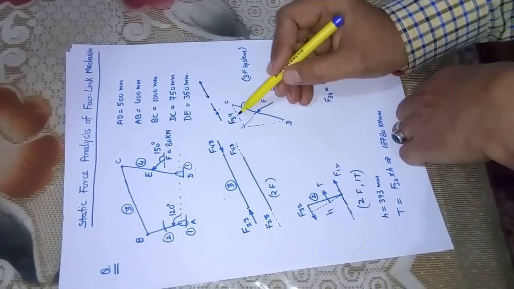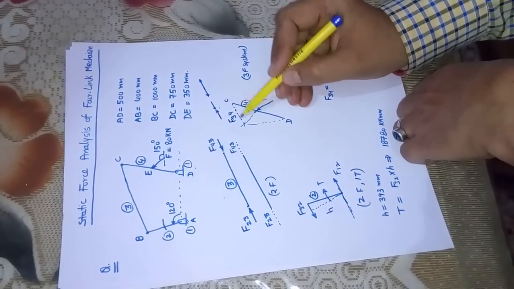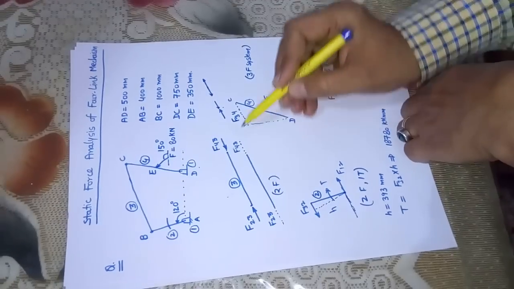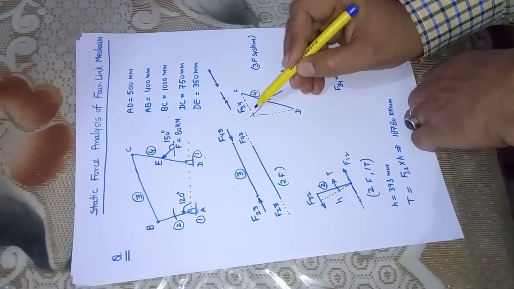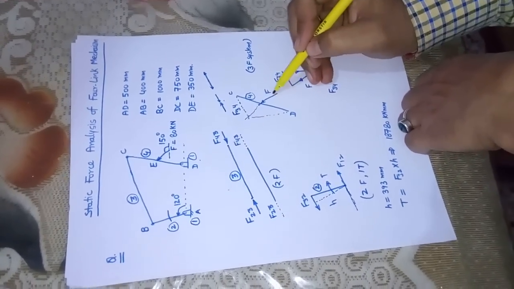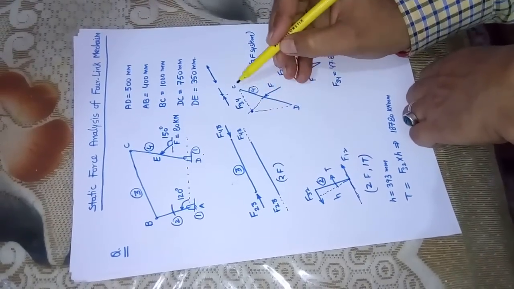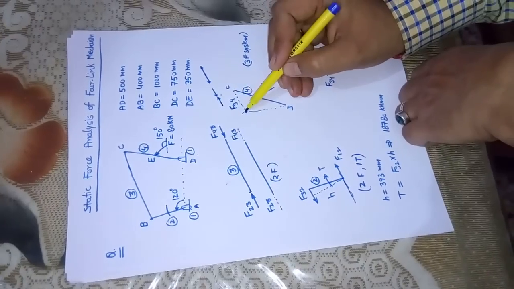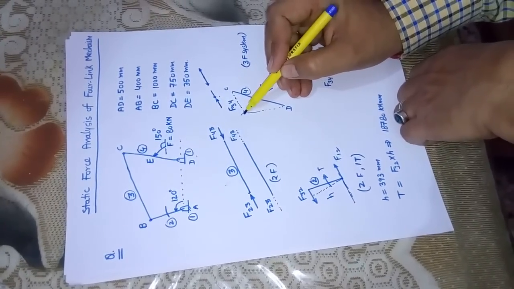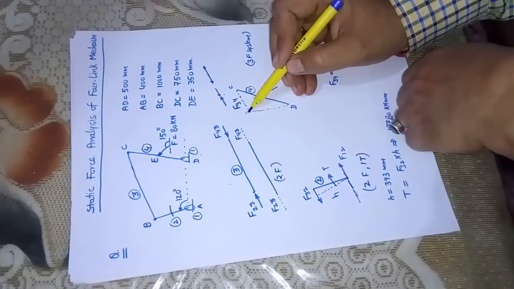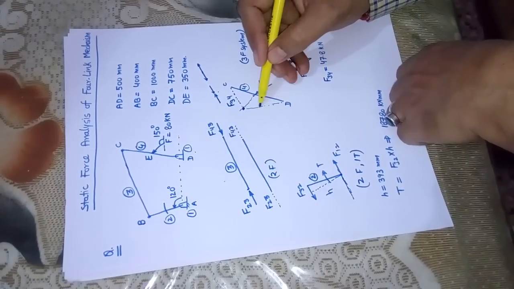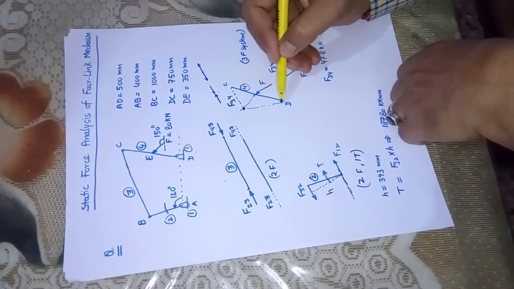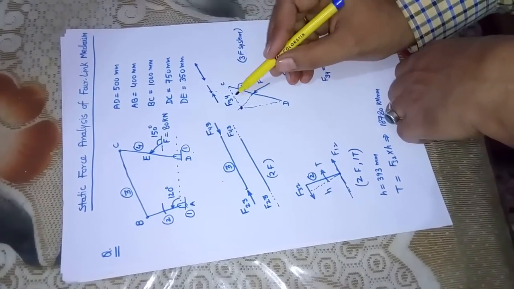So I'll draw a line F34 parallel to this link number 3, but I do not know its arrowhead. I know the line of action of the force F is passing through this point, and the line of action of this force F34 is passing through this point. As per the condition of equilibrium under three forces, the third force will pass through the same common point, so I'll draw a line passing through it. Now I know the three forces.